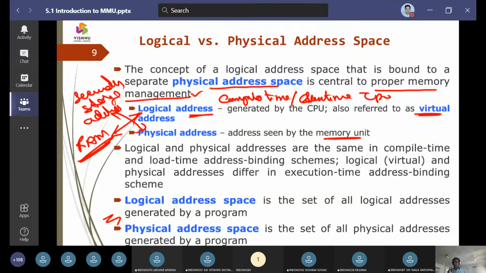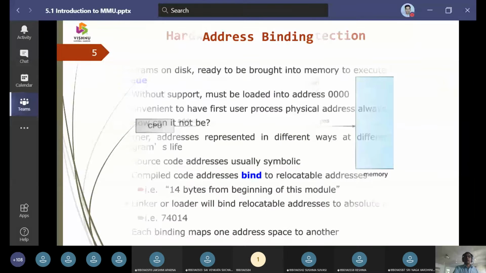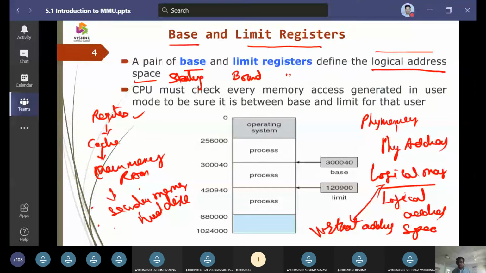That is the first key takeaway we should understand before deriving what a logical address and a physical address are, and before we work with the base register and the bound register.